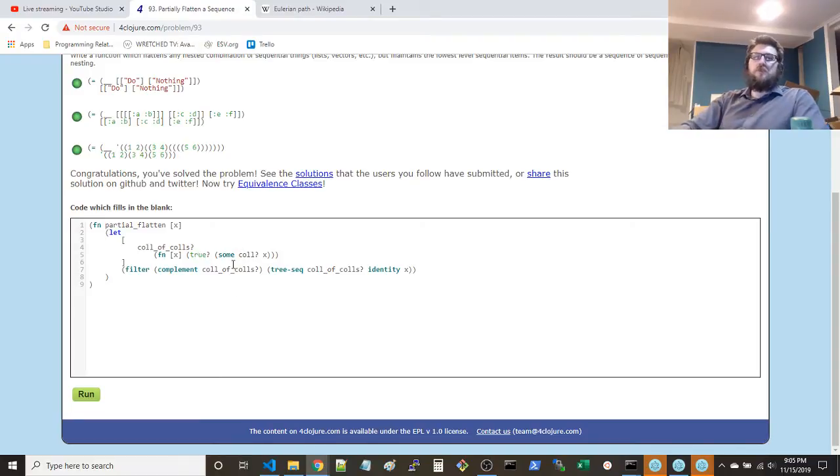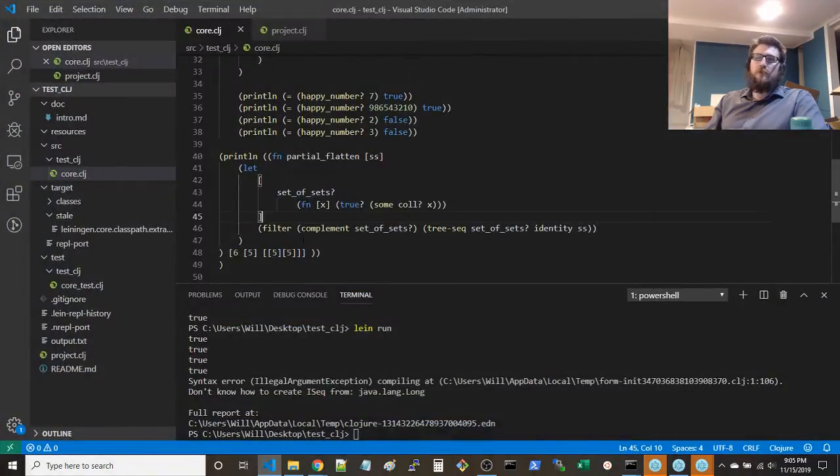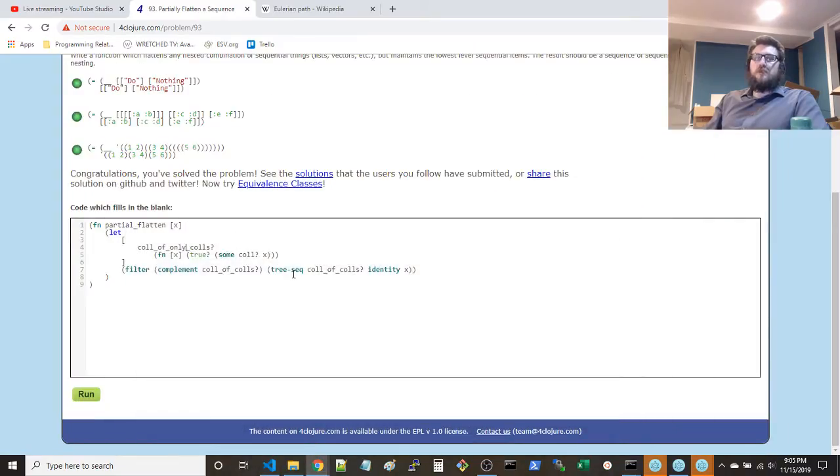Now, actually, what I should do is collection of only collections. The problem we ran into is that if you execute this on something that has a collection in it but also has something that's not a collection, this tree sequence is going to try to operate on all of the children, which is the identity, just everything in that collection. And the issue you run into is you try to run this command on a number.